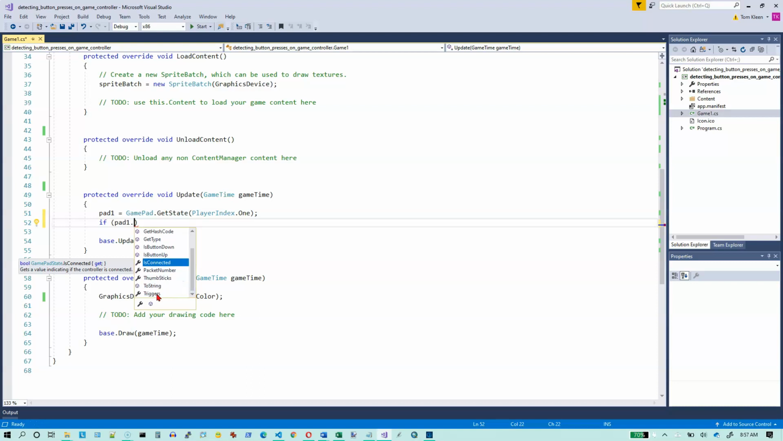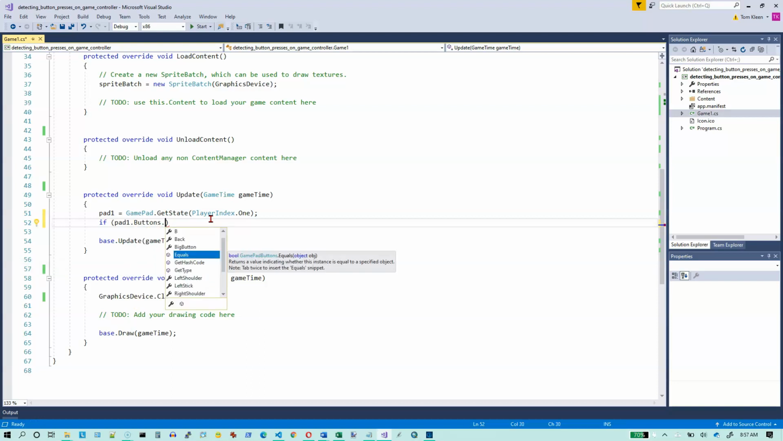We can look at the triggers. We can look at the thumbsticks. The other two we're not going to worry about here. But we're going to go on the start button. So, whoops, I need to say buttons dot, and then start should be an option here if I press the letter S. So if buttons.start equals